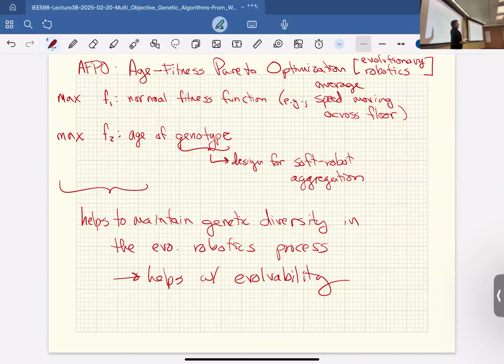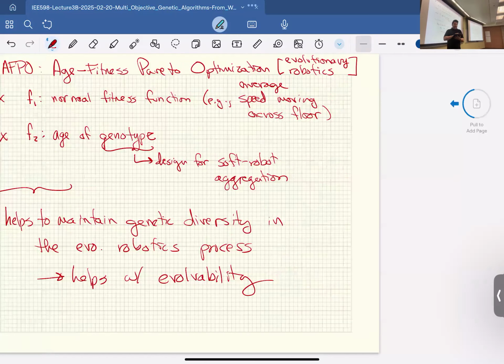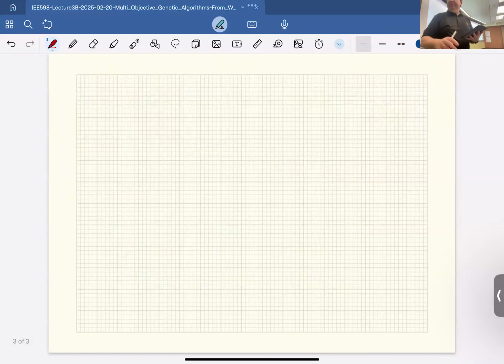All right, so that's AFPO. It's kind of just a motivational story of where we're going. Now I want to get into actually how to build these things to find these Pareto frontiers. But any questions about that? Okay. All right, so